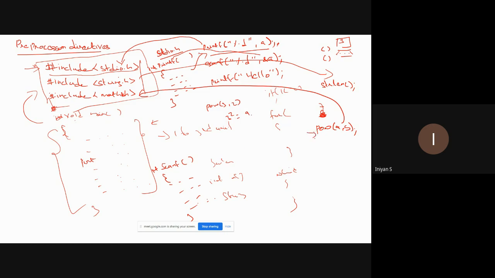These things should be included in the preprocessing directives. In order to execute the function, certain things should be preprocessed by the compiler. Definitely, without this, the program will not be executed. So this is stdio.h